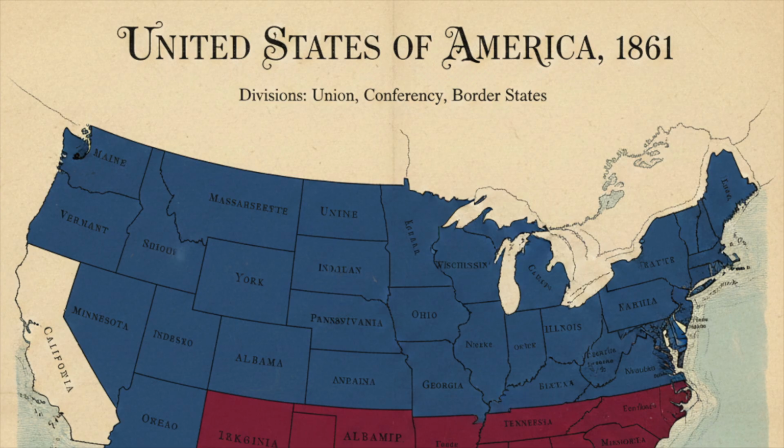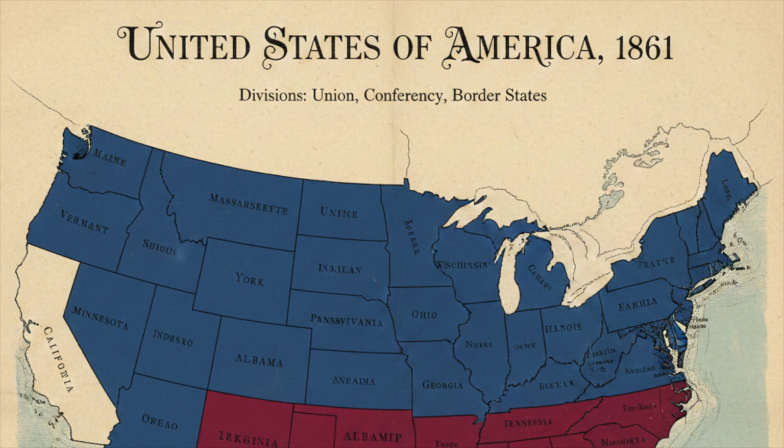So this really sets the stage for our mission today, tracing this conflict from its deep, deep roots in sectionalism and politics through the major campaigns and all the way to that long, incredibly difficult period of reconstruction that followed. Okay, so this is where it gets really interesting. We sometimes hear arguments about tariffs or these vague references to states' rights, but if we're looking for historical consensus, what truly drove 11 states to break away and form the Confederate States of America?